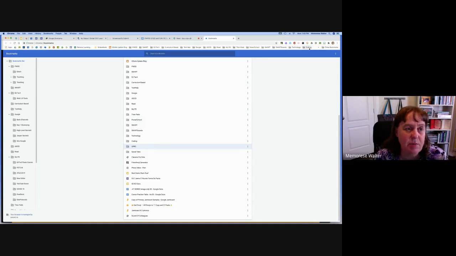That's how easy bookmark management is. The key is to keep it up. Don't let this list of stuff that you bookmarked without putting it where it should have been get too out of control, and make sure that you keep it clean. So I'm going to give you an example. So let's say I wanted to save this one,